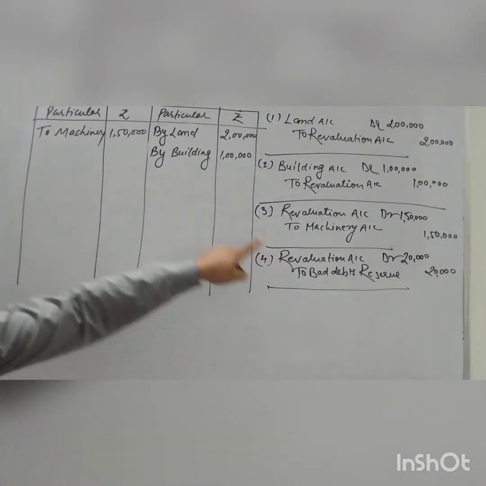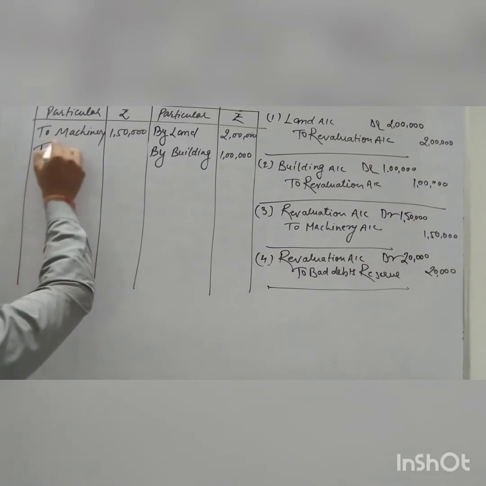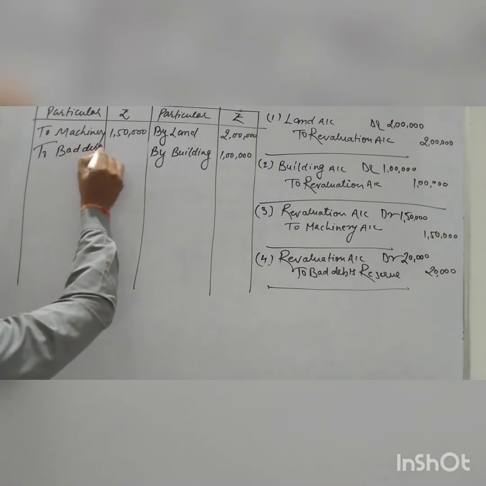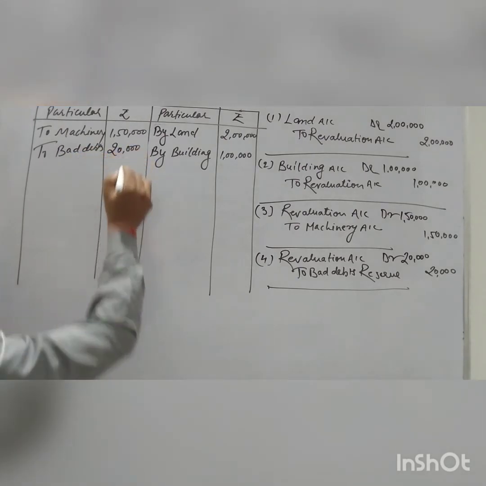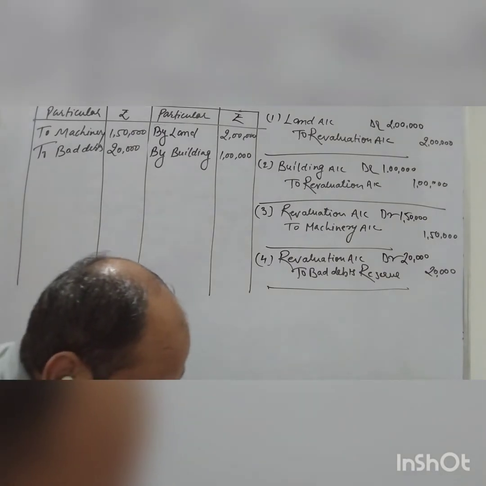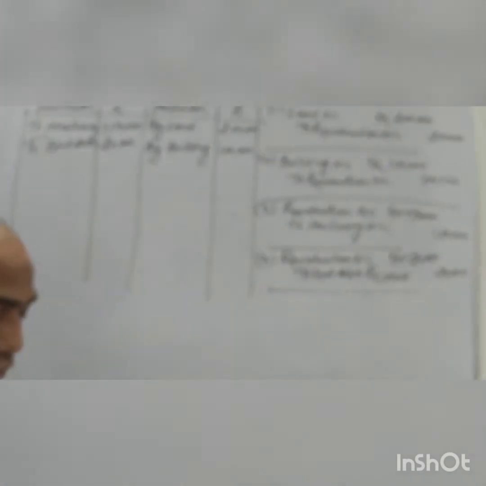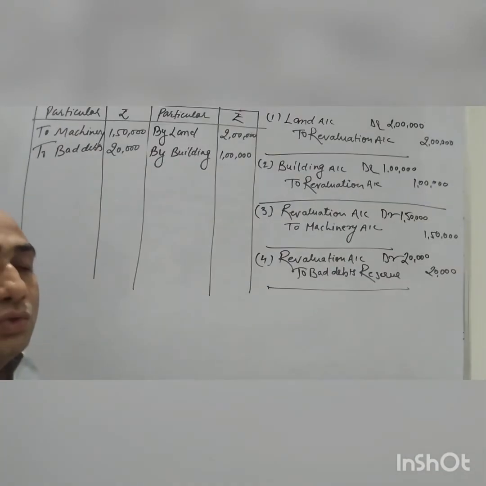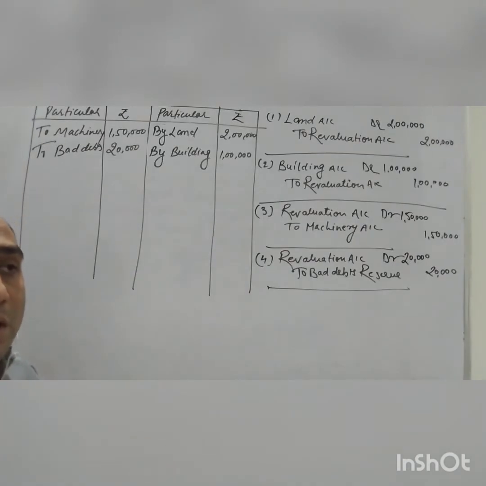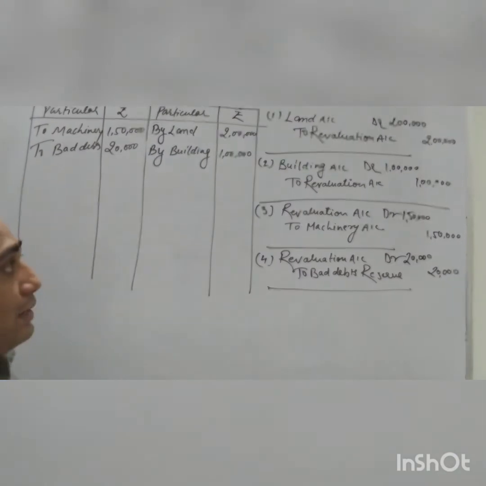Revaluation is debit side. So in the ledger side we will post over here to bad debt reserve 20,000. Now, creditors amounting to rupees 10,000 are not to be paid. Creditor, basically, is our liability. Now, the liability is not being paid, 10,000 rupees. It means we are getting profit. Okay.